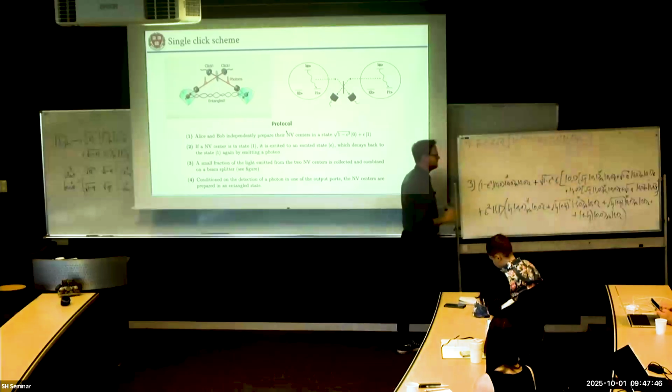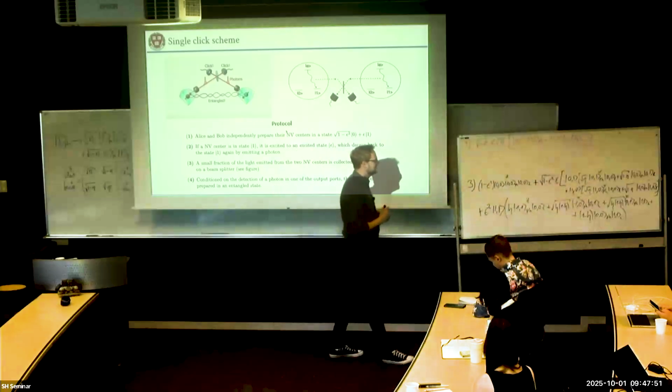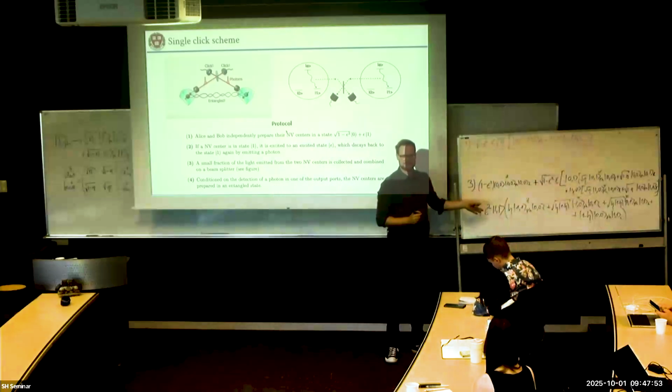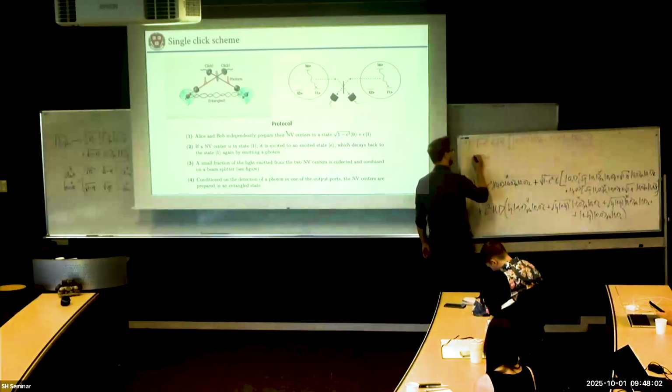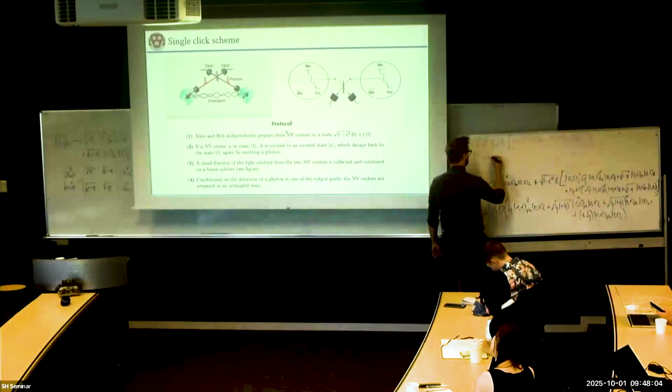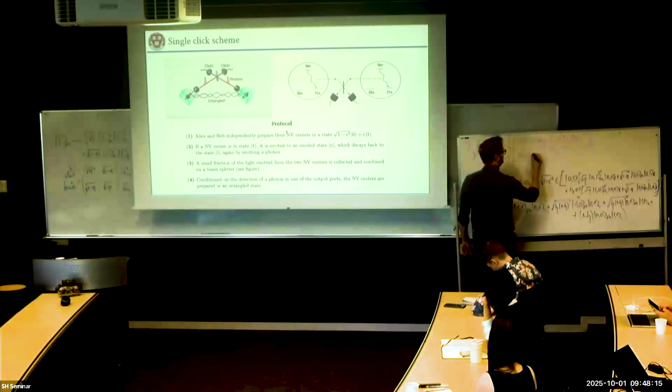Now I'd like to see what happens when I go for a balanced beam splitter with this guy. And you don't need to calculate that. I'll give you the answer. But the approach is exactly the same as you did with loss. Right now, just eta would be 1/2. So I can just insert that. And what I'll get is that the beam splitter in the middle here will transform this into square root of 1 minus eta, eta, and we'll get 0, 1 plus 1, 0,